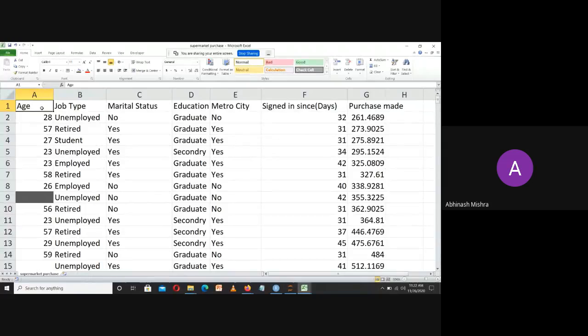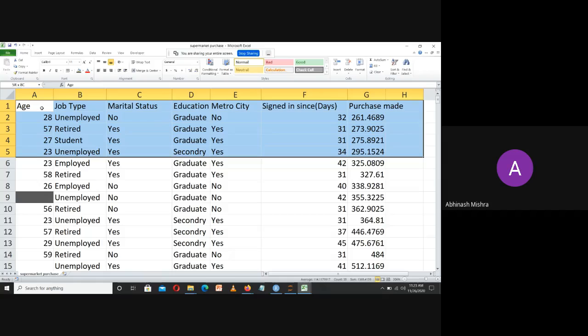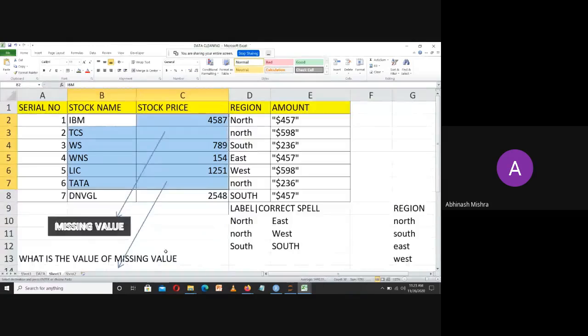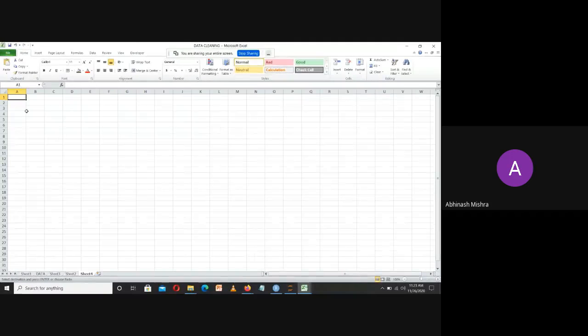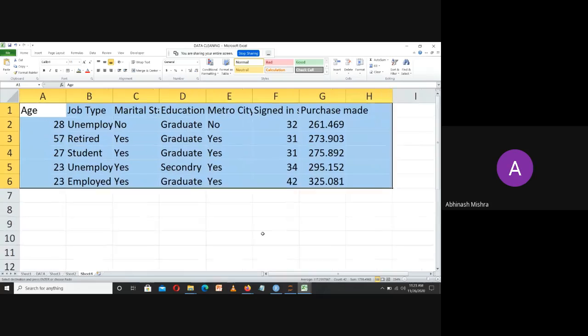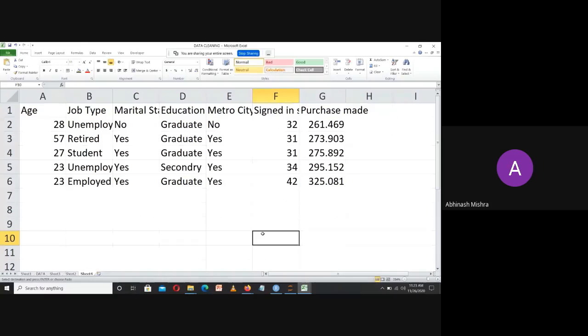Now I want you to understand that if you want to see or understand this data, you should know what type of elements are present in it. So I will first copy some data from here in order to make you understand what features you can look at without making any sort of analysis. I will paste that data up here. Suppose you have this data only, and in this data, suppose you have an age column.